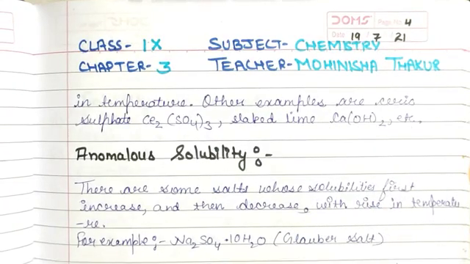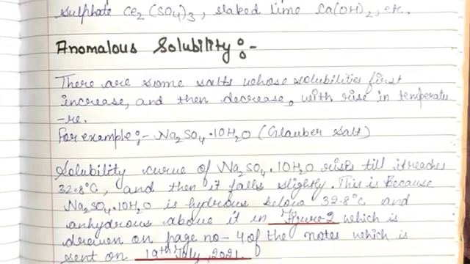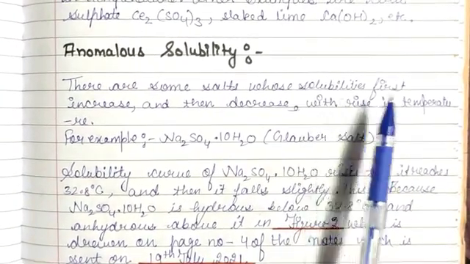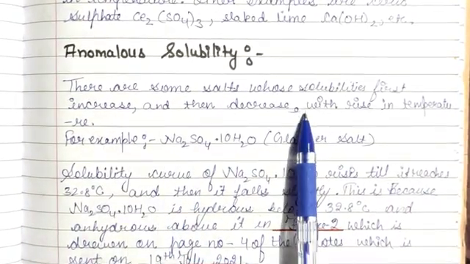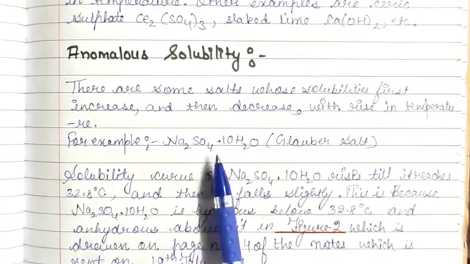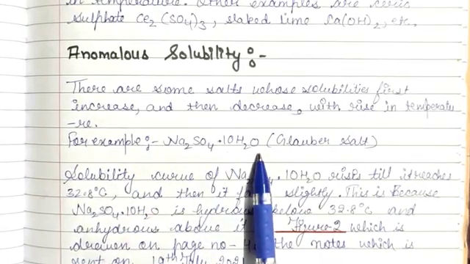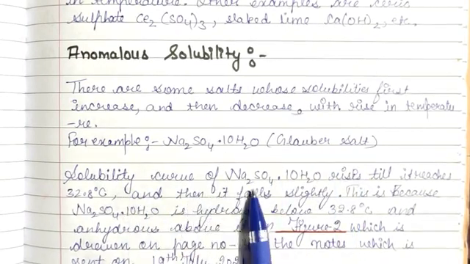Now we will discuss the anomalous solubility. There are some salts whose solubility first increases and then decreases with rise in temperature. For example, Na2SO4.10H2O, Glauber salt. So the solubility curve of sodium